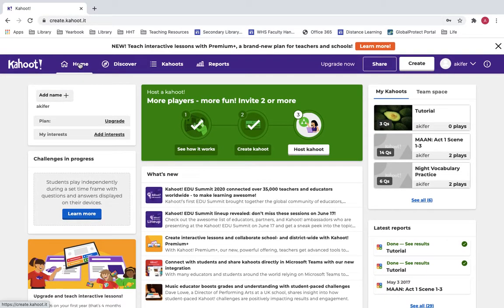At the top of the page, you'll see Home, Discover, Kahoots, and Reports. Today we'll go through all 4 of these sections, and I'll also be showing you how to create your own Kahoot. If you click on Discover,